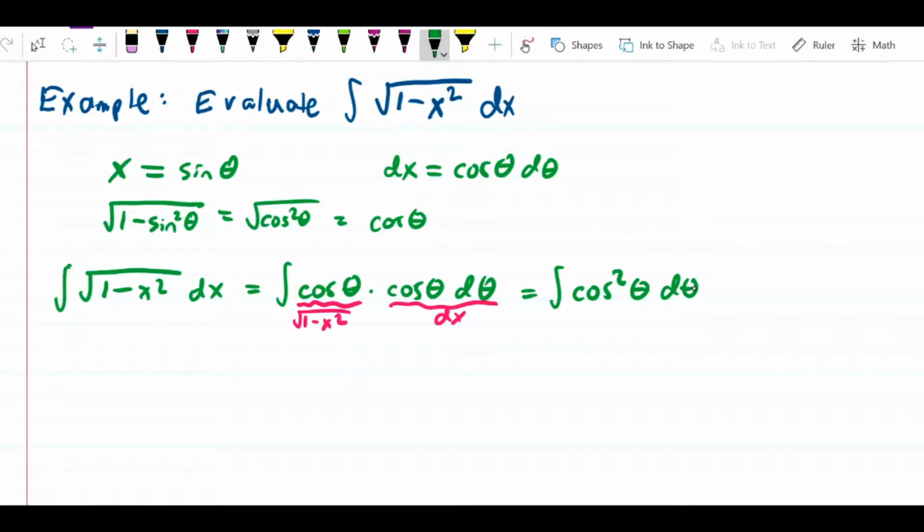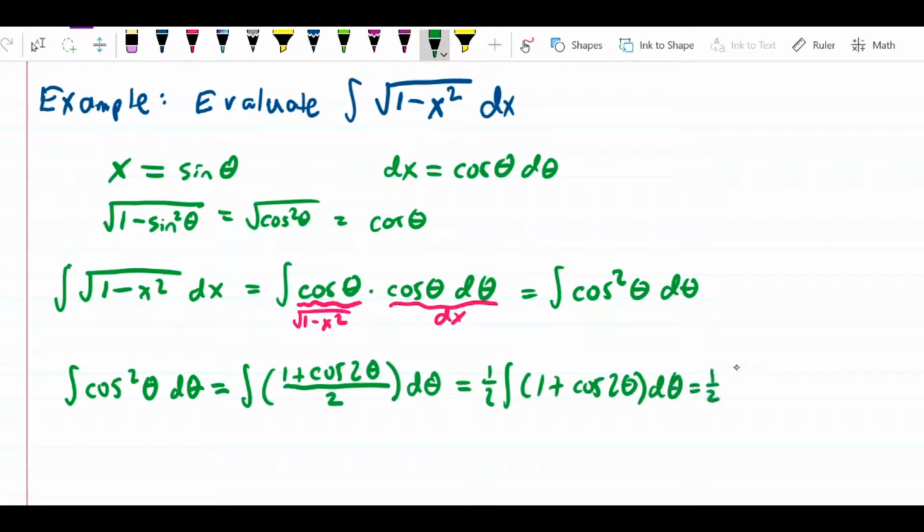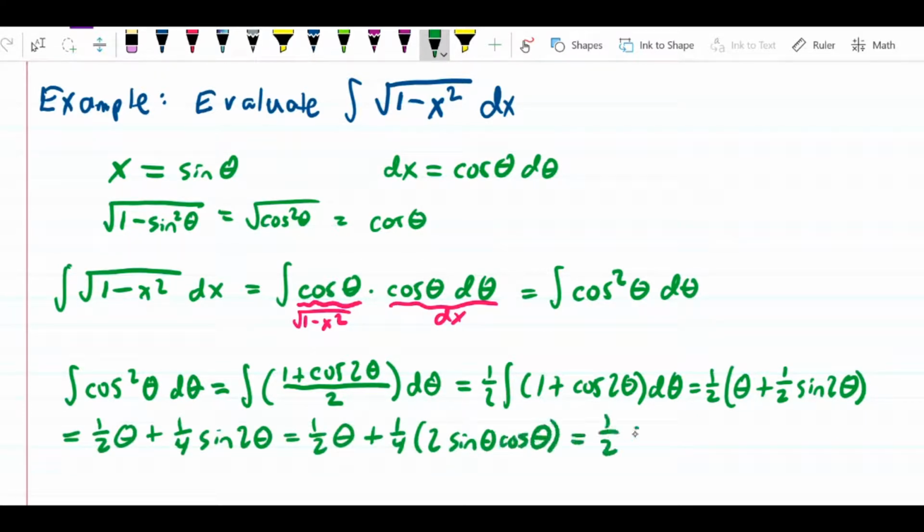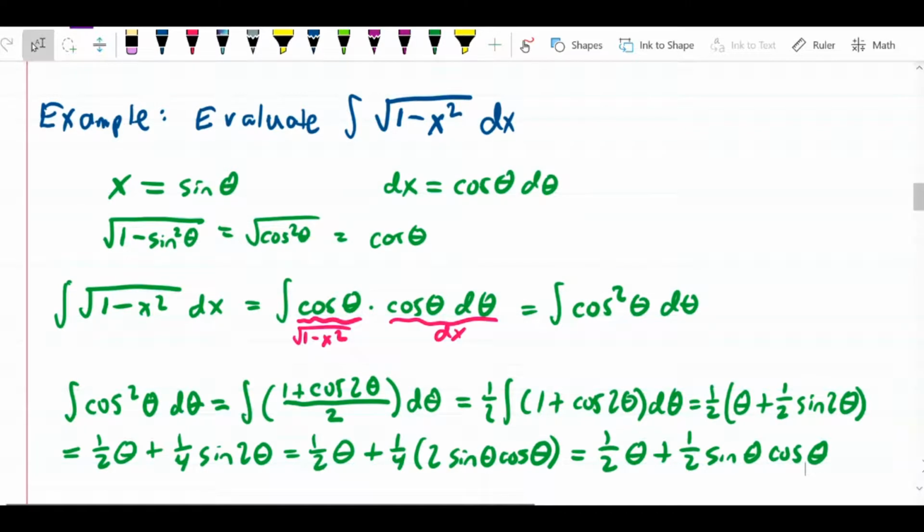So we now need to find the integral of cosine squared theta d theta, and you now know why we've spent time in the previous section finding integrals of powers of trig functions. There are a couple of ways that you can do this. I'll do it the more traditional way. So let me just zip through the algebra here. Okay, so we now have the antiderivative of cosine squared theta, which is 1/2 theta plus 1/2 sine theta cosine